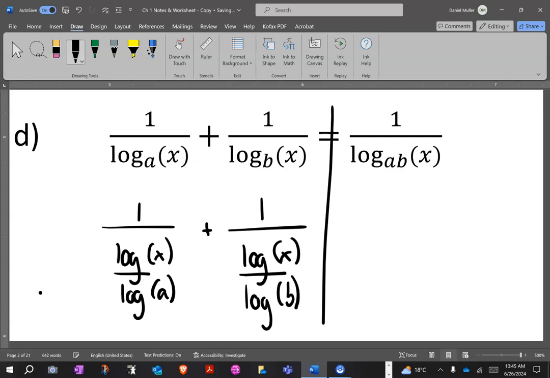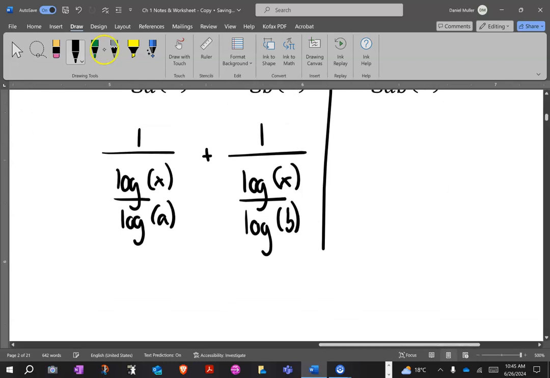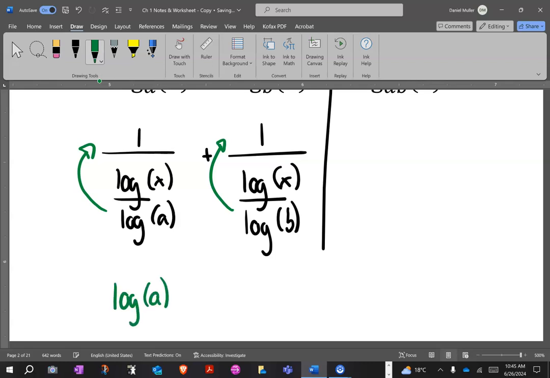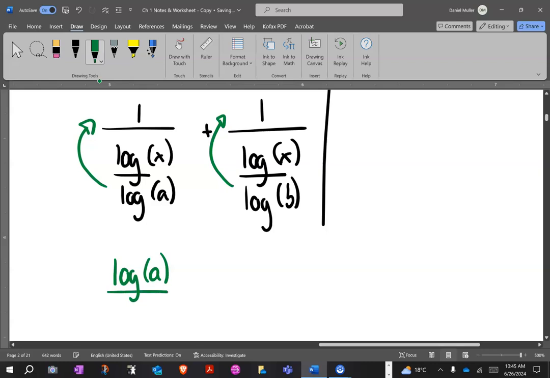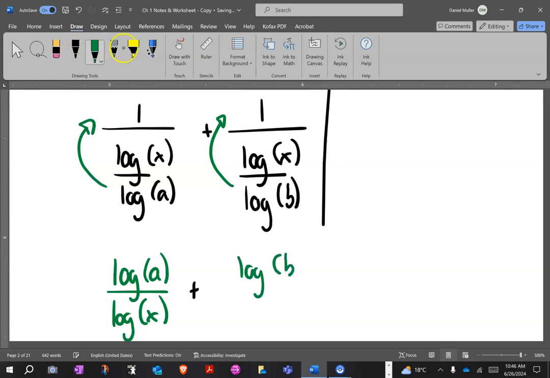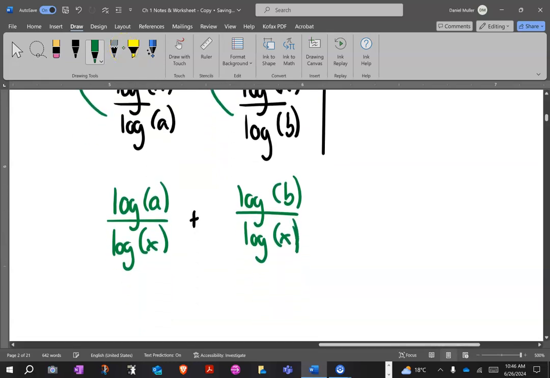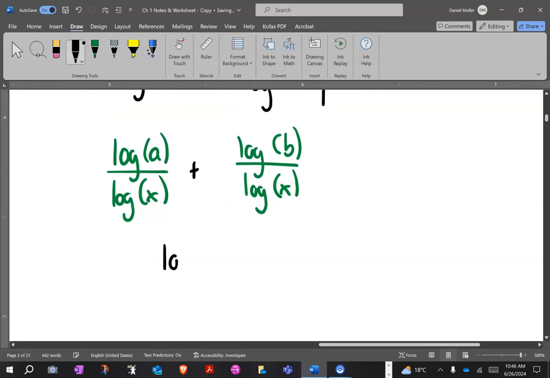And just like the last one, now I've got a fraction on the bottom. So I'm going to take this fraction and throw it up top, but flip it and turn it to a multiply. Now I'm going to be multiplying by 1, so I don't even really need that. But I'm going to flip it, so log of a over log of x plus log of b over log of x. And again, they're timesing by 1, which I don't need. And now I can put them together. They already have the same denominator, so log of a plus log b